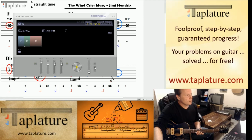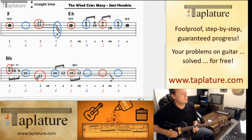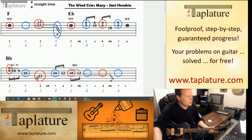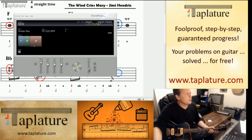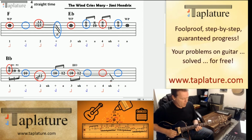Speed on it a little bit. I'll probably not try and count it as I go faster. I'm not that familiar with this yet. I've just been looking at it for about a day. Faster. I'm guessing the record speed, let's see, a little slower than that. Let's say about 75. 4 and 1 and 2 and 3 and